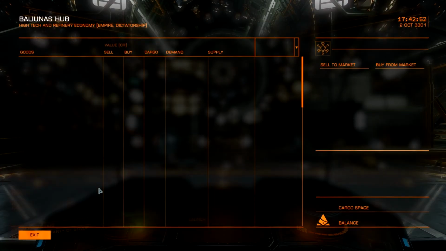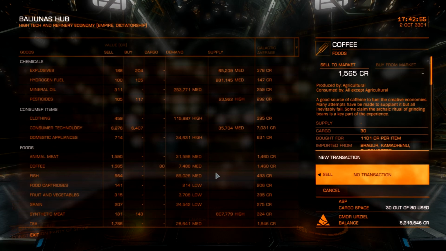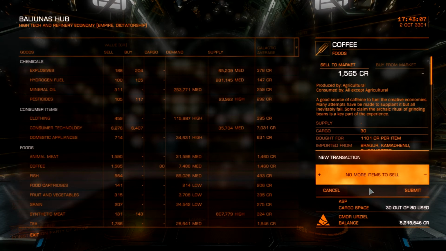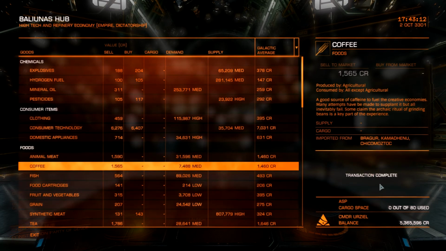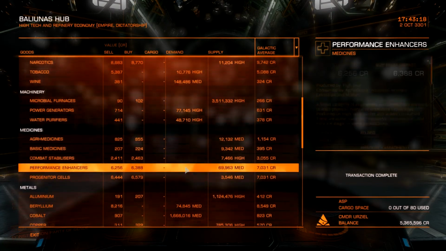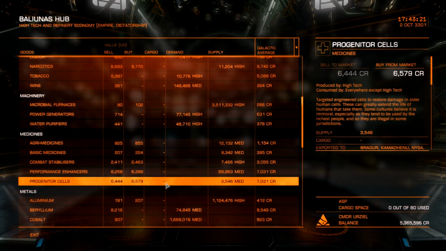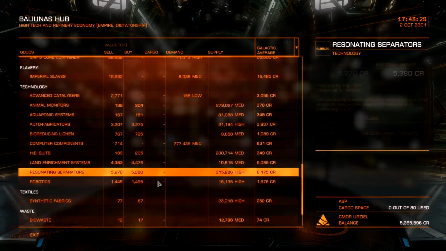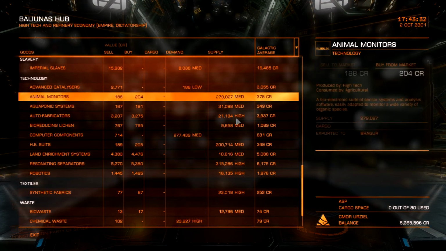Now we go to the commodities market. As you can see, we'll make a 464 credit profit per ton, so 14,000 credits profit on the coffee. One of the things that they sell here, and this is a high-tech and refinery economy, and they sell a great deal of